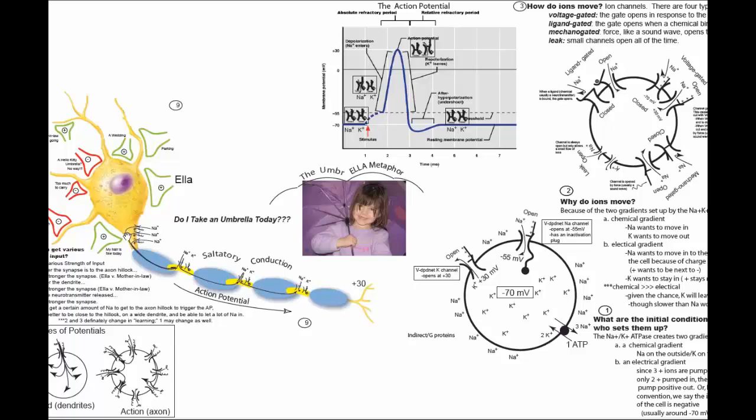So that's why we're keying on the axon hillock right now. If you can get the axon hillock to minus 55, sodium's going to come in and get down to this one to turn this ion channel on. Then sodium's going to come here and get down to this ion channel and get this ion channel to be turned on. Then the sodium's going to make it to this one, and you've got a signal that's going to propagate down a neuron. So if your brain has decided to wiggle your big toe, it can send the signal